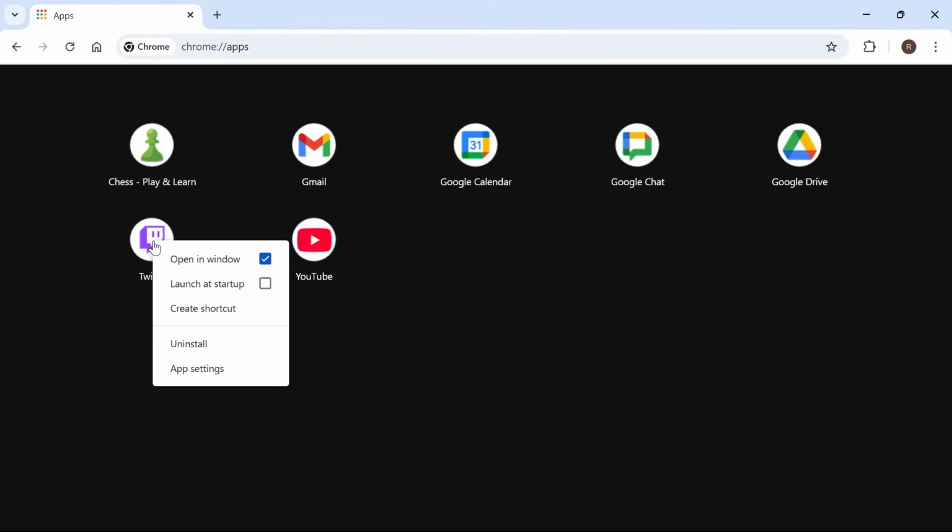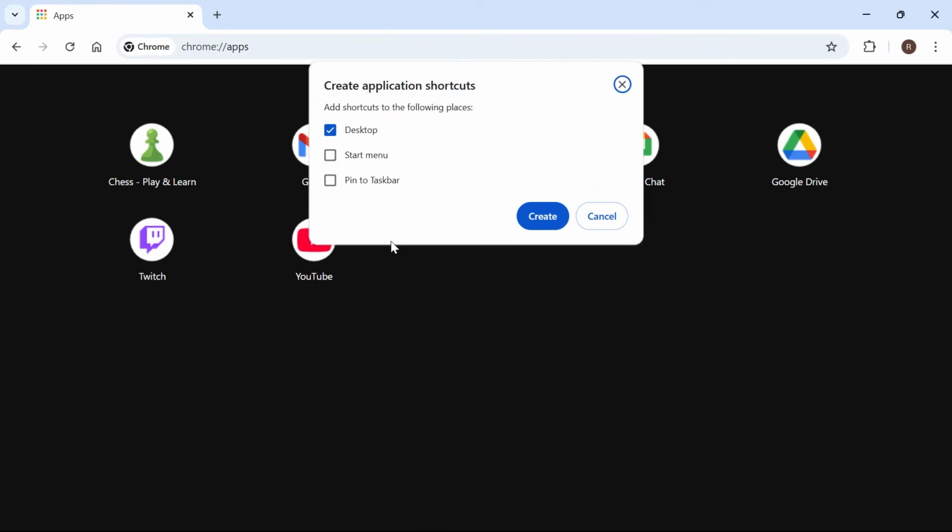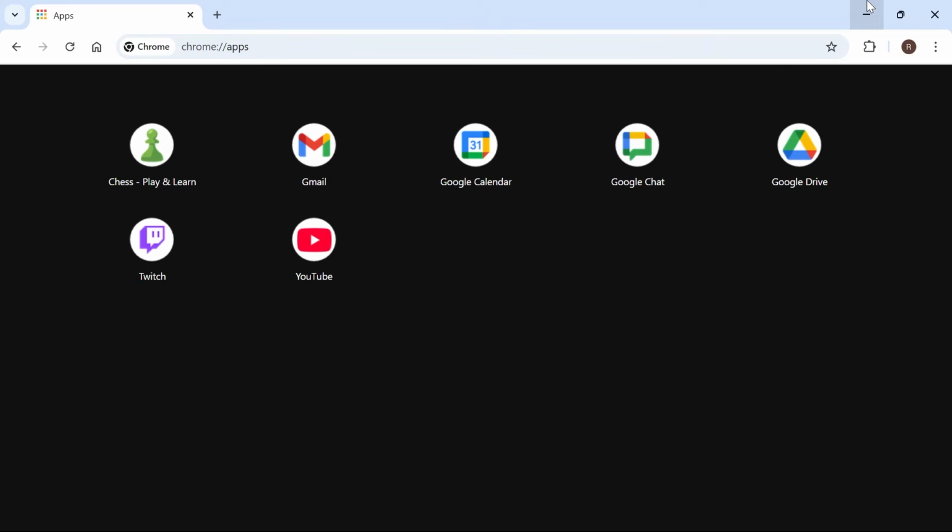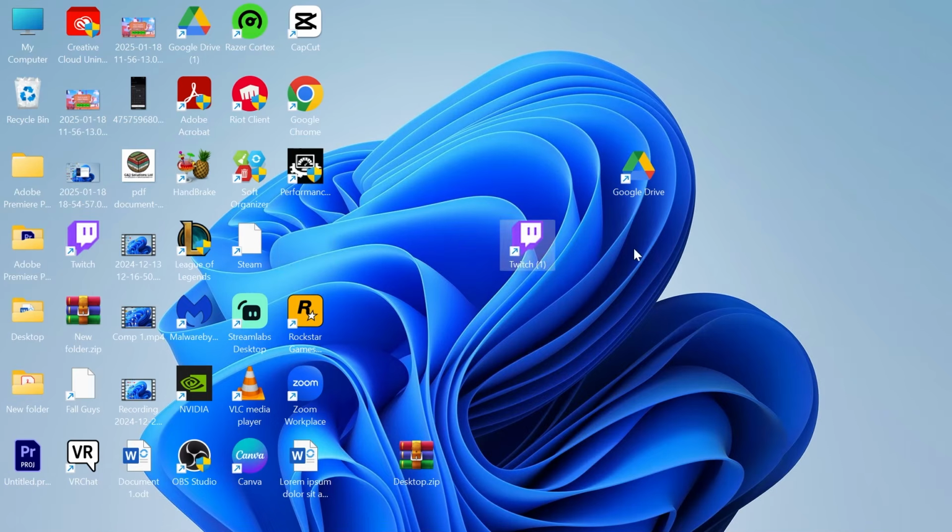Now you'll be able to see all of your Google Chrome applications, and all we need to do is right click on Twitch, click on create shortcut, make sure desktop here is checked like this and press create. So now if I head over to my desktop, you can see we now have this Twitch application,